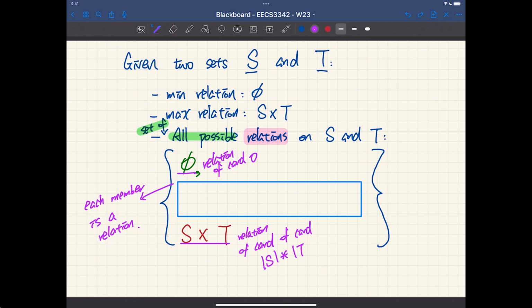Oh, sorry. And over here, you've got to go for cardinality 1, cardinality 2, all the way to cardinality, of course, S times T minus 1, right? All the way. That will be the conceptual idea of how you can enumerate relations. Why did it go from 1 to S times T minus 1, not S times T? Because S times T is already covered here, right? I'm talking about the middle box over here. I'm already excluding this one and this one. That's why.